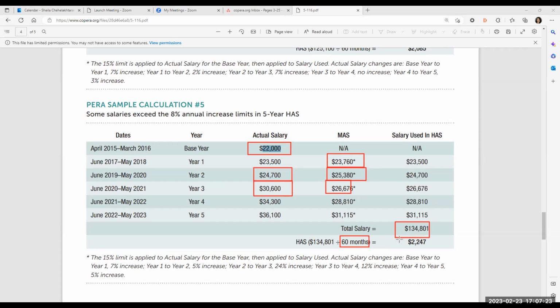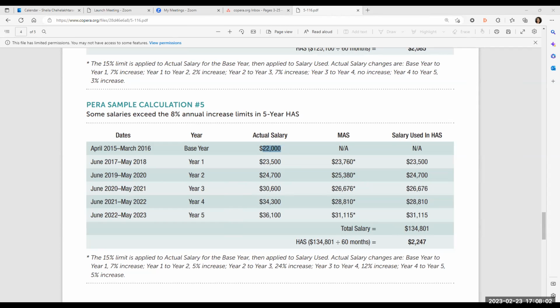This is kind of like the hardest thing for us to explain in a webinar, and that's why I love this fact sheet, because it really breaks it down. If you want to know what your highest average salary is, I really, really encourage you to just log on to your online account, because you're going to see exactly what it is. And if you feel like it's wrong, you can always call customer service and do what's called an audit on your account. And they'll either explain, this is absolutely right, or it is wrong, let's correct it. So that's how highest average salary works. I know that's a huge issue with a lot of our webinars, that people are just like, this doesn't make sense. It made no sense when I started, so I like to explain that.